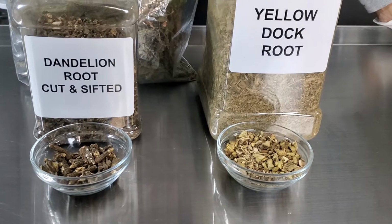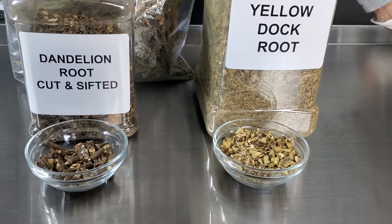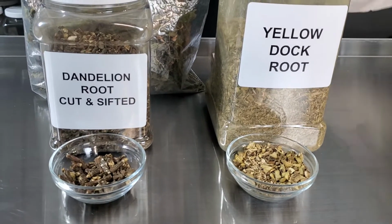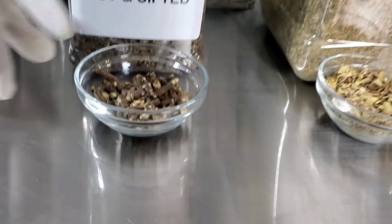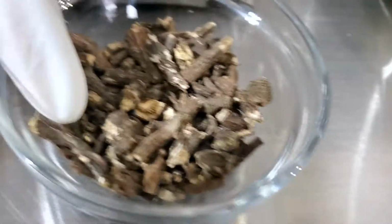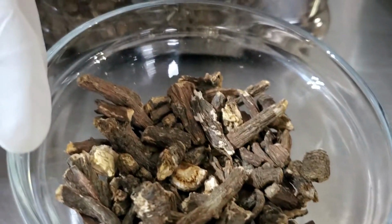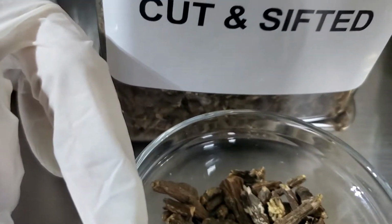Okay, today's video is about backyard herbs for inflammation and healing the body. So the first thing we're going to talk about is dandelion, okay? This is dandelion root. Dandelion is highly nutritious, contains potent antioxidants, may help fight inflammation, blood sugar, cholesterol,